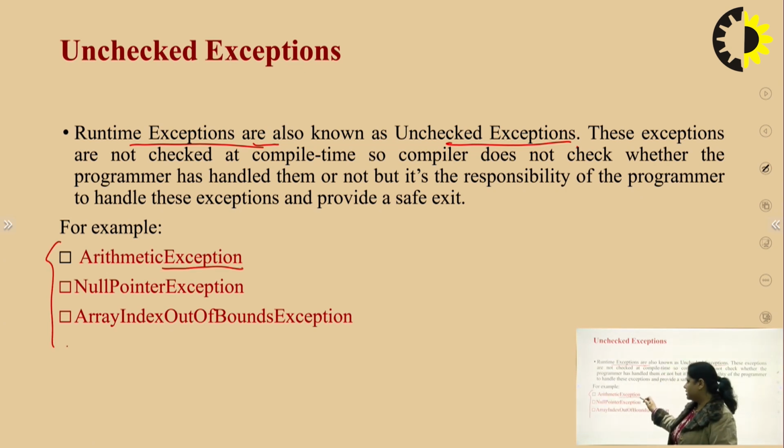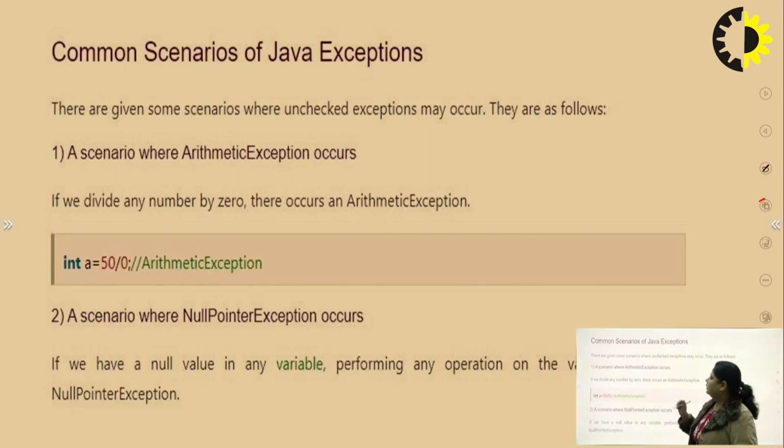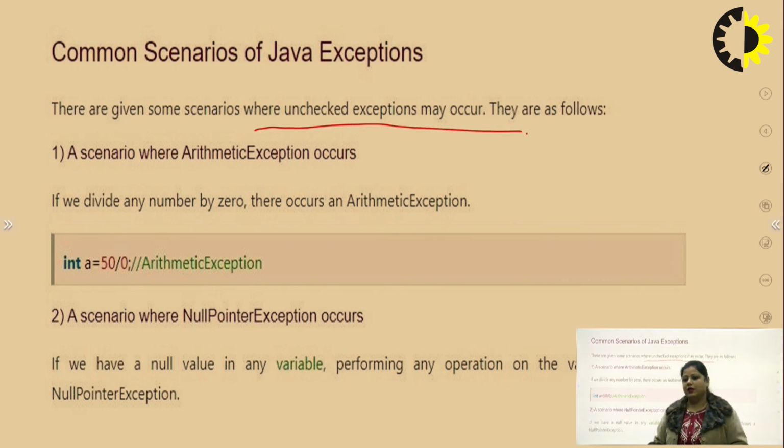That is arithmetic exceptions, null pointer exceptions, array index out of bound exceptions. These are unchecked exceptions, also known as runtime exceptions. Now, these are some common scenarios or syntax which occur in Java. Some scenarios and checked exceptions may occur. Common scenario examples, that is,